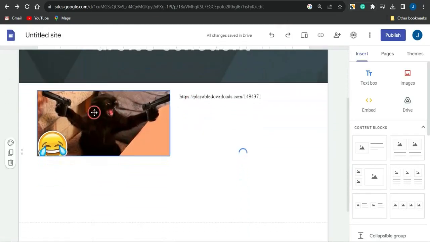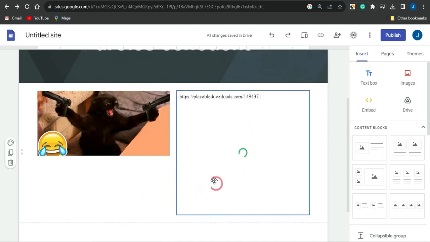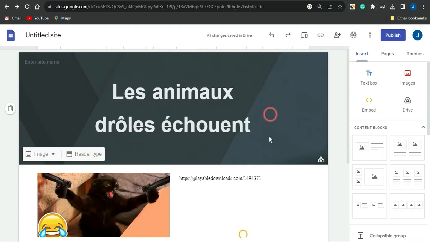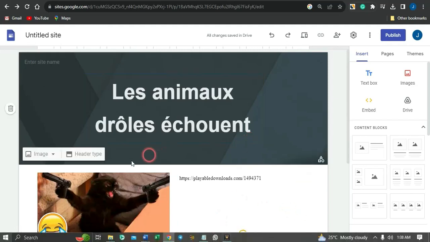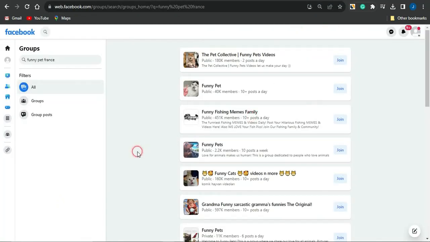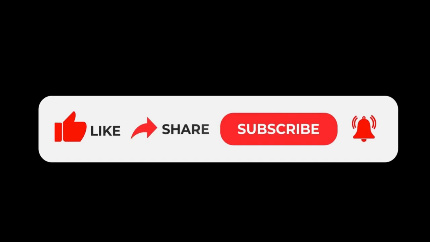And if they're interested in actually watching this video right now, they're going to go through the content locker, which is still loading right here. And if they do go through the content locker, they will actually have to complete an offer for them to go through that. And if they do that, I make some cool affiliate commission right there, and they gain access to the video right here for this particular funny pet. And guys, this is going to be a win-win for everyone, because everyone gets what they want in the end. So take advantage of this strategy, start using this right now to start earning some passive income